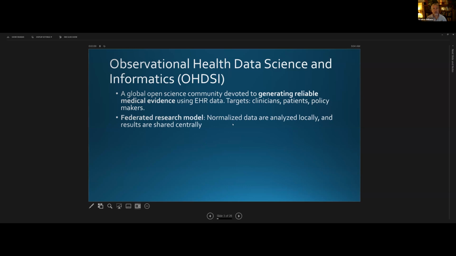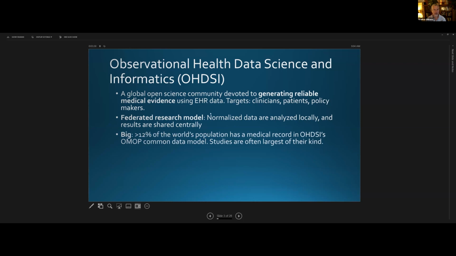So some of the issues around data sharing, privacy protection, and so on are handled by not centralizing the data to begin with, but by allowing data holders to keep their data, normalize that data locally without sharing it, and then bring the model to the data and only aggregate the results. I'm going to go into how that works in a little more detail, but that's a key feature of what Odyssey does. Not all OMOP using communities do that, including All of Us, which uses OMOP. The National COVID Cohort Collaborative, National Clinical Cohort Collaborative uses it.